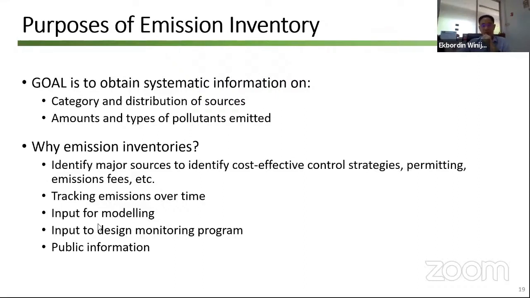Then we can use the emission inventory to design the monitoring program. We can do the emission inventory first, to see where the pollutants are coming from, and then the locations that have high pollutant, maybe we put the monitoring station over that location. And also the last one, which is also very important, we can do this to inform the public